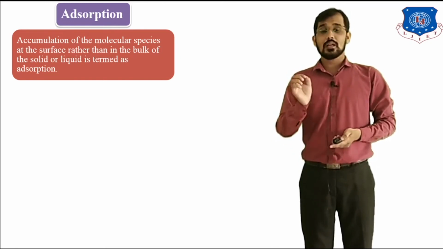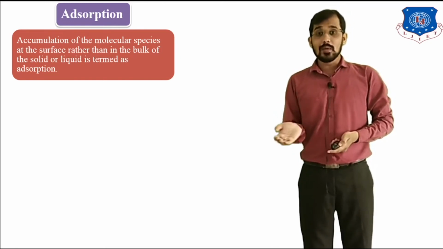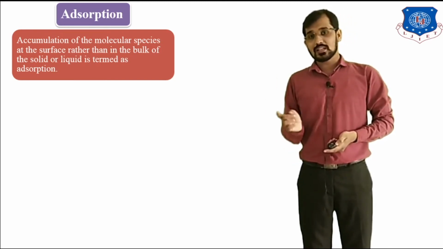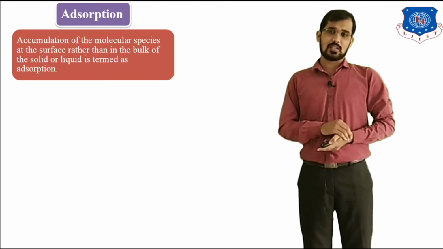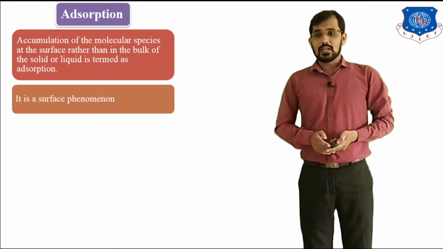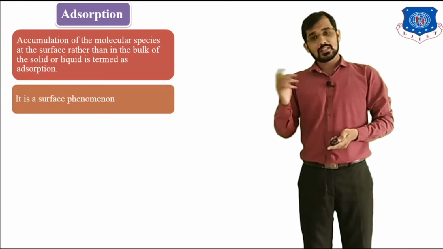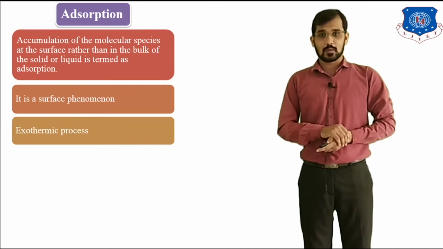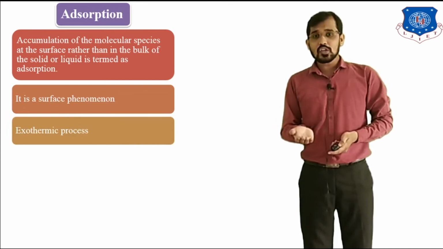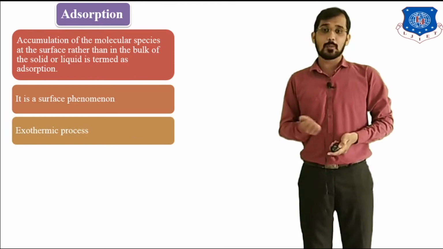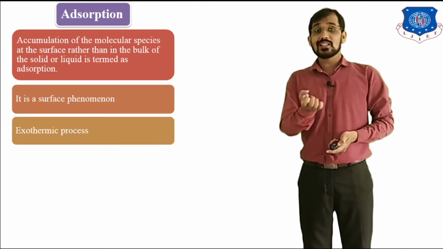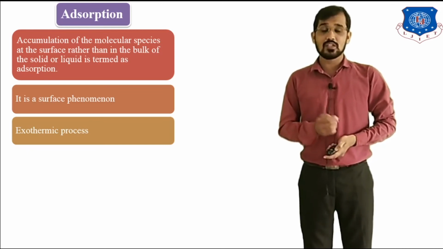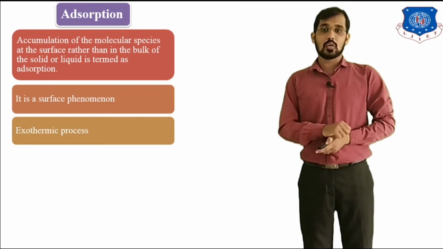According to the definition, a substance accumulated over another substance is known as the adsorbate. In absorption, we can see the substance is penetrating into another substance. Second point, adsorption is a surface phenomenon, and on the other side absorption is a bulk phenomenon. Third point, it is an exothermic process. Exothermic process means liberation of heat, generation of heat in this process. But absorption is an endothermic process, and this is exothermic, meaning generation of heat is possible in the adsorption technique.